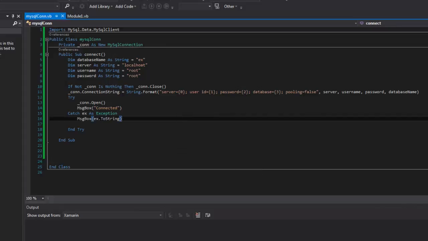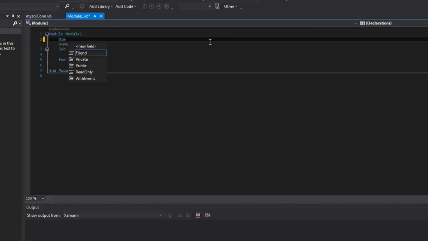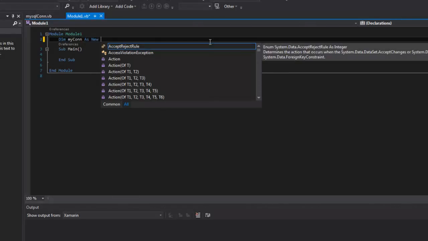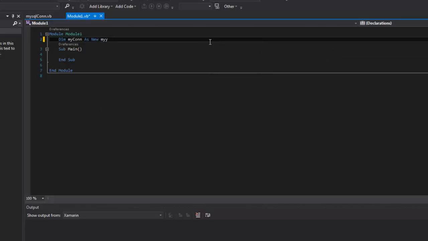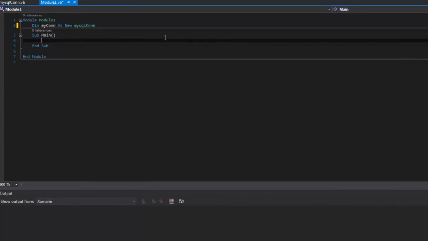Okay, so now let's go over to the module that we'll be using to execute it. Right now, I don't have access to that class, so what I have to do is make a reference to that class. So I'm just going to say dim mycon as new mycon. Now I'm connecting to that class we just created by doing this. And from here, what I'll do when this runs, I'll say